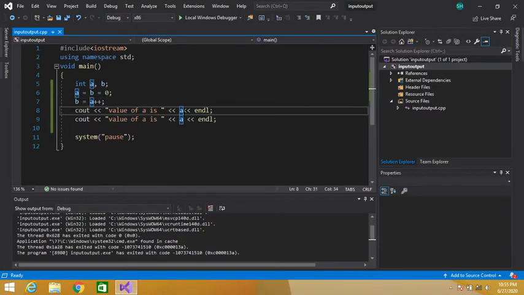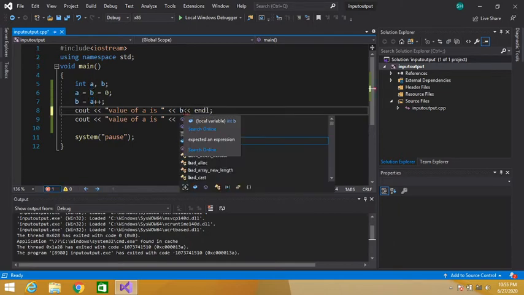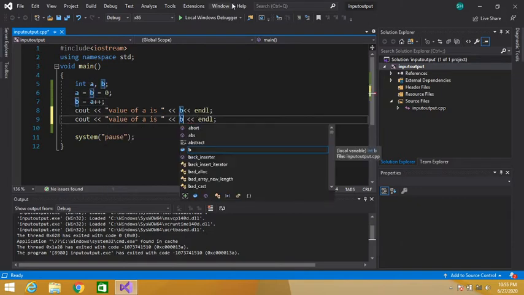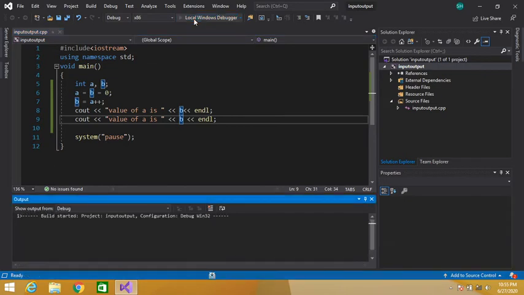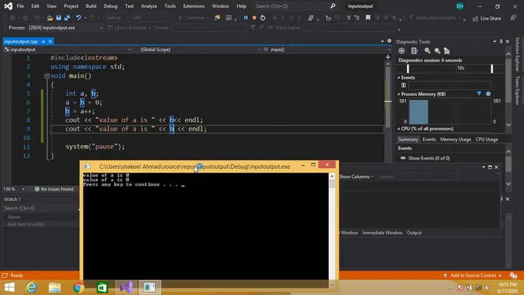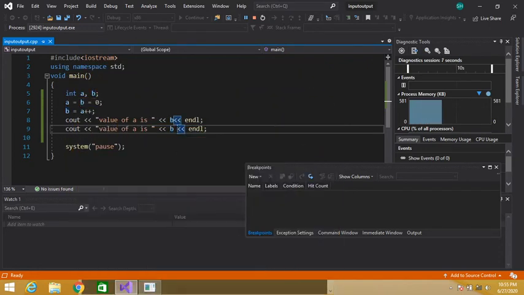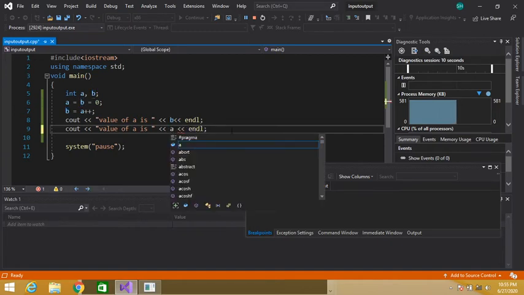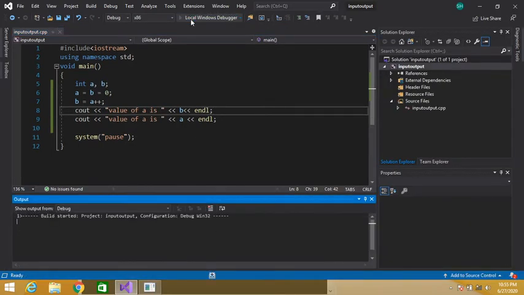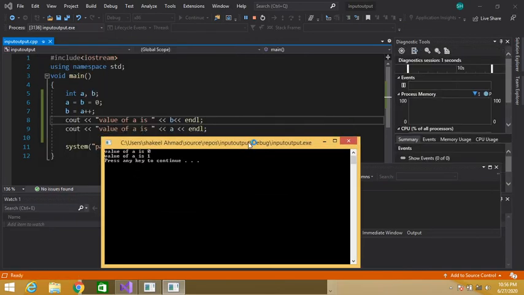Here we have to display the value of variable b to see the difference. I am displaying b to see the difference. See, 0, 0 is displayed. Here we have to display the value of a. Now let's execute this program. See,